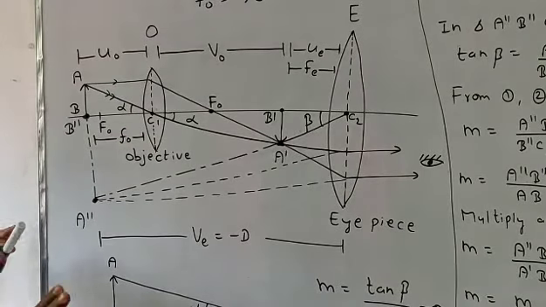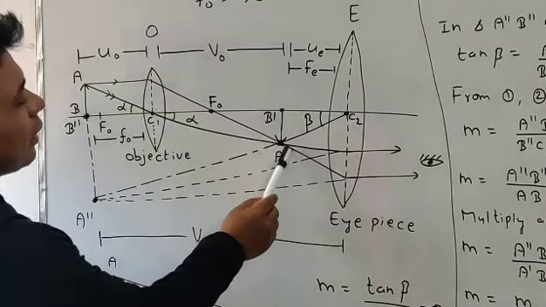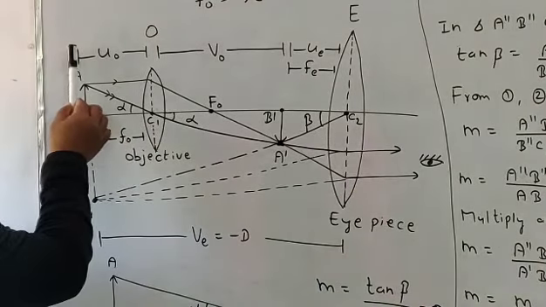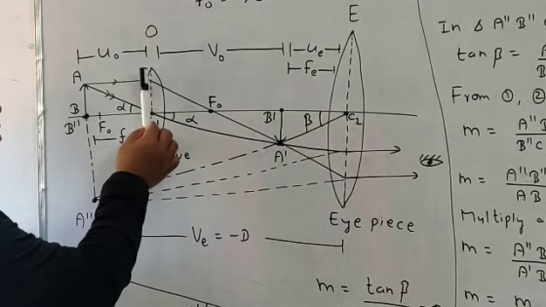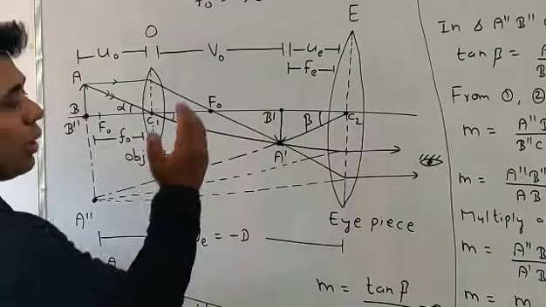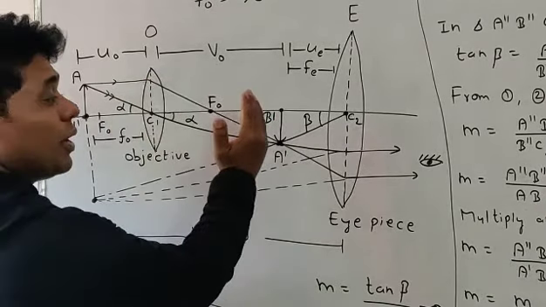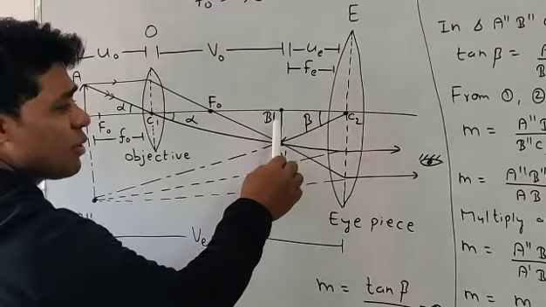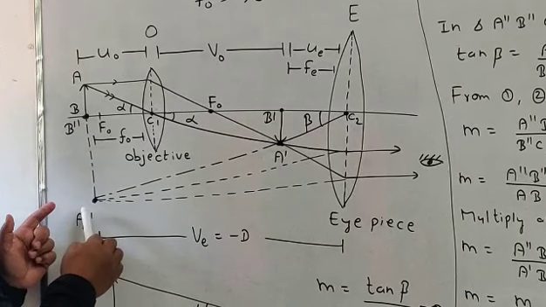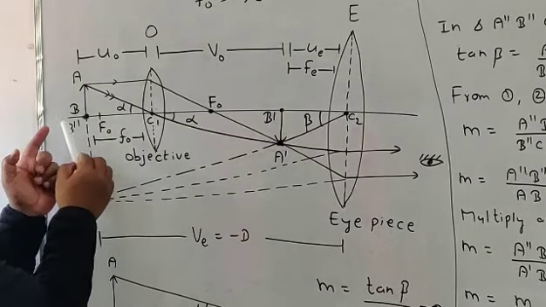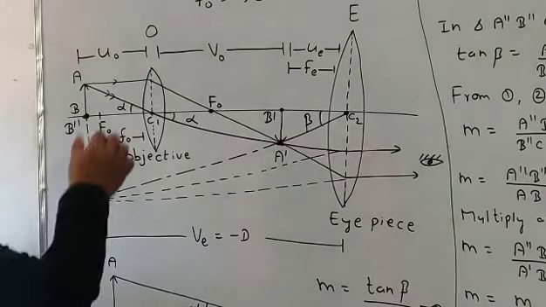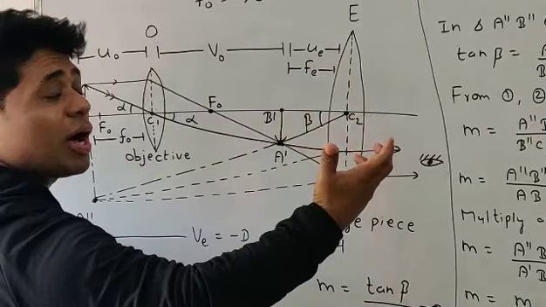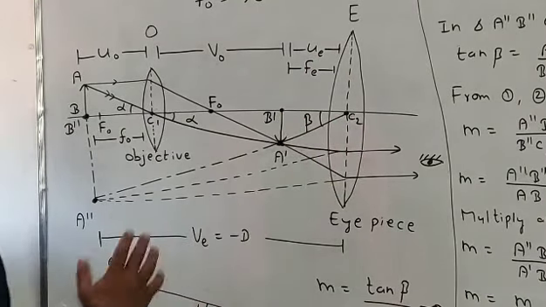Okay students, look again. A ray incident gets refracted. Another ray incident gets refracted. AB is the object for the objective lens. The objective will form its inverted image A dash B dash. A dash B dash is the image for the objective, but it is placed in front of the eyepiece lens, so for the eyepiece lens, it is viewed like an object. The eyepiece lens will form its final enlarged virtual magnified image A double dash B double dash. U0 and V0 are the object and image distance for the objective lens. U is the object distance for the eyepiece, and V is the image distance for the eyepiece lens.